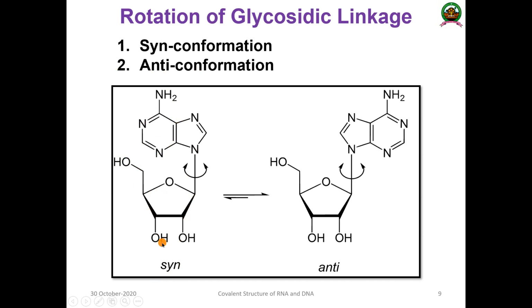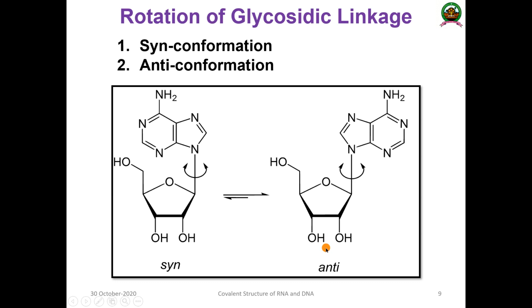Okay, there will be interactions and there will be steric issues. These interactions will not be favorable, so the base does not try to stay in the syn conformation. But in the case of anti, the nitrogen is on one side and the oxygen is on the opposite side. Both of them are on opposite sides, so there is no problem, no steric clashes, and no interactions. It is free to perform its functions, and that is why it is known as the anti form.